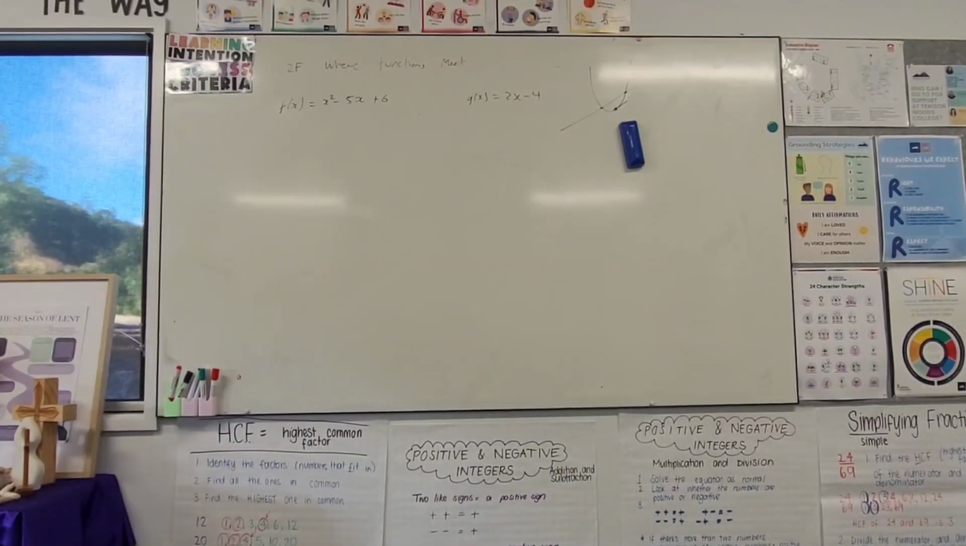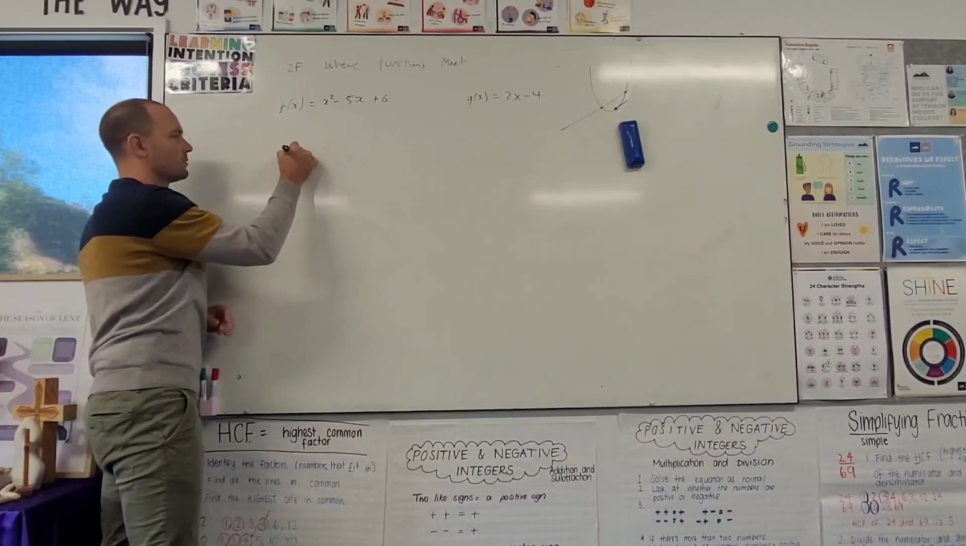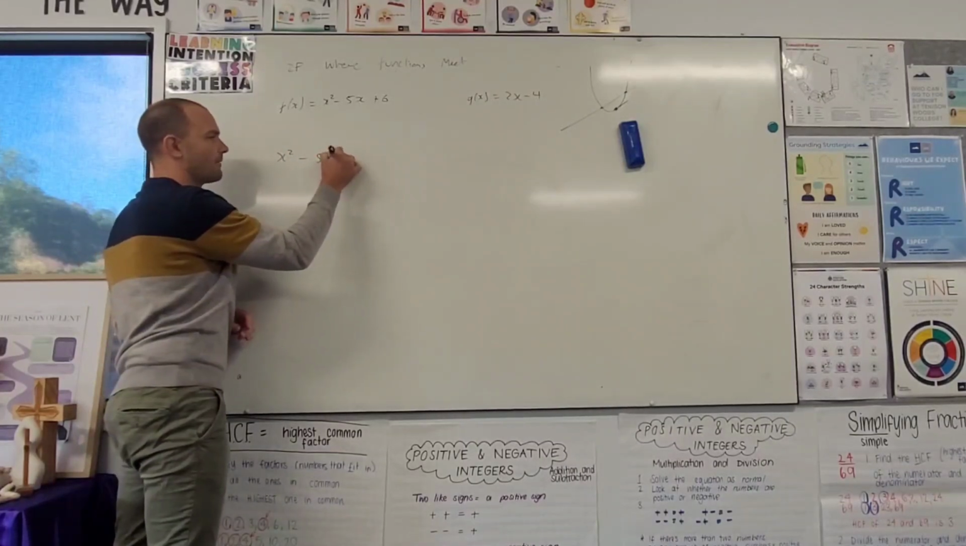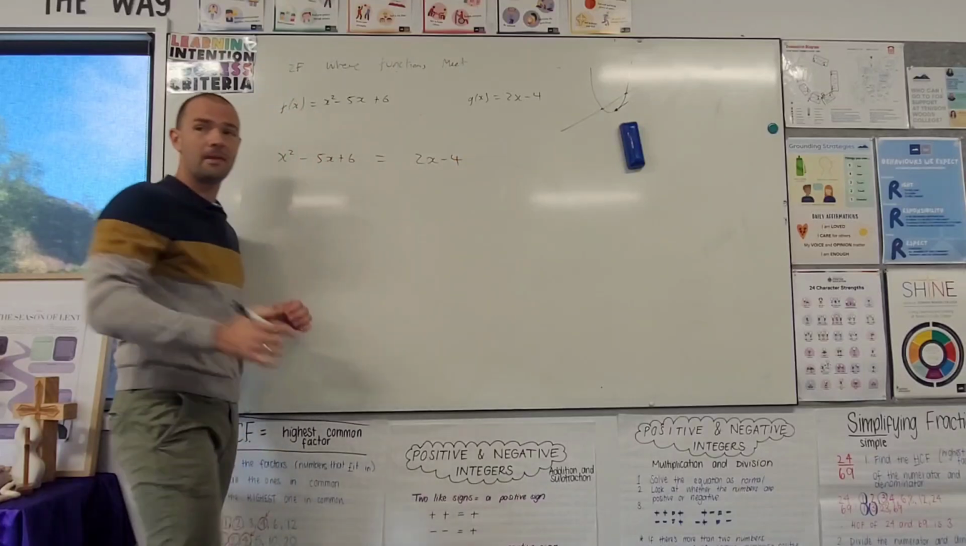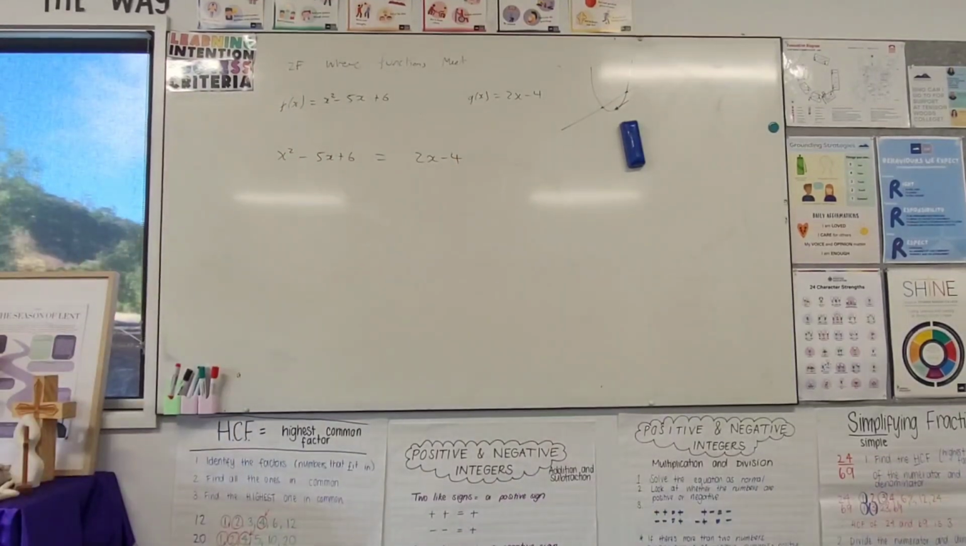Now the algebra that we're going to perform in a moment is this. We're going to go, when does x squared take 5x plus 6 equal 2x take 4? Because if they're equal, the coordinates on the left-hand side are the same as the coordinates of the equation on the right-hand side. So let's do it using our calculator to refamiliarize ourselves with those skills,